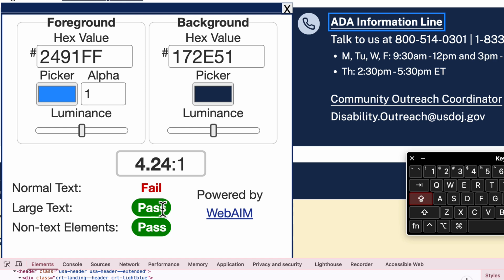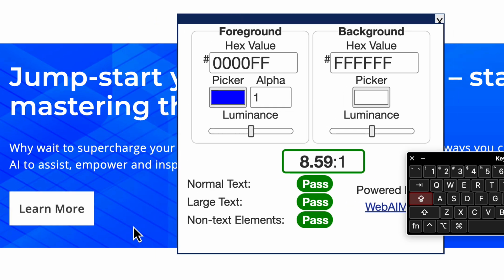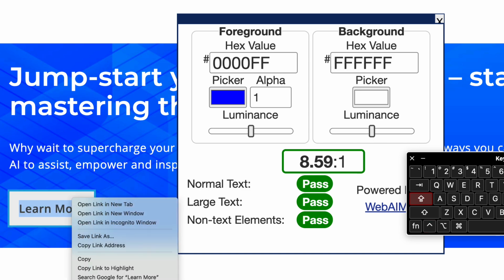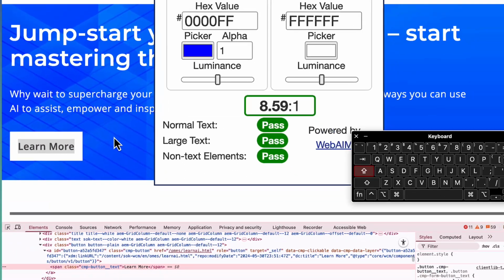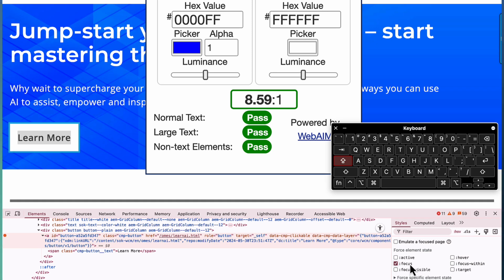So let's test another website. This is oklahoma.gov's website, and it's interesting here because the background is actually an image. So we want to test the outline. I'm going to do the same thing I did: find the element, then press hover, and then press focus. And so it shows up that outline.